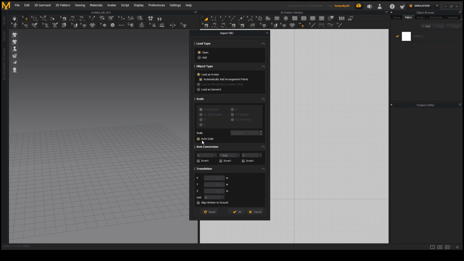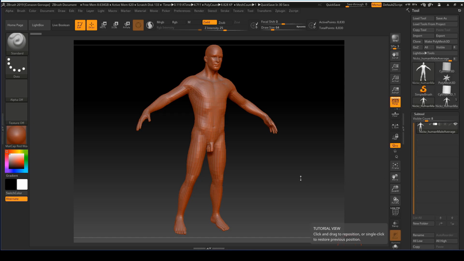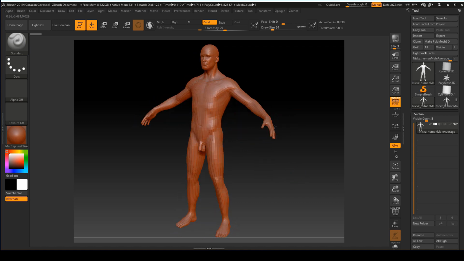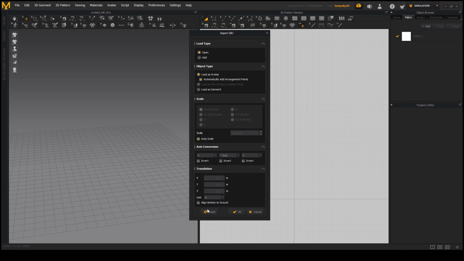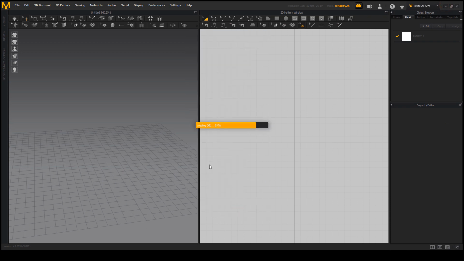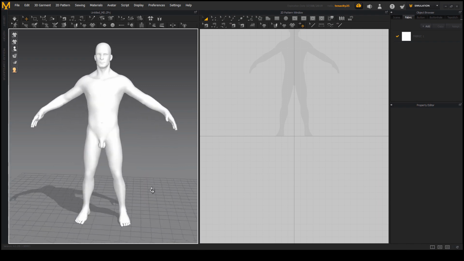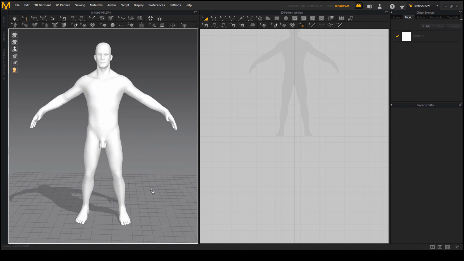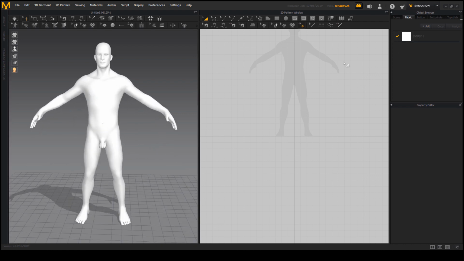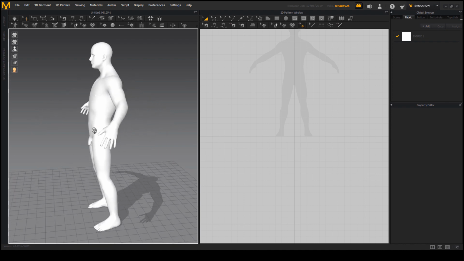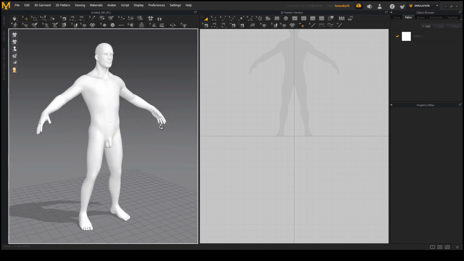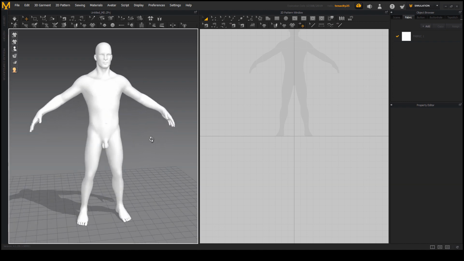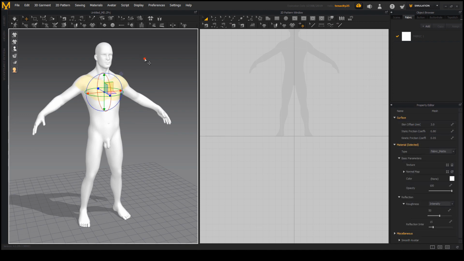We want it to match what we have here in ZBrush, because later on we're going to put all the clothing we have done in Marvelous back onto our character. Everything else is default. Let's press OK. Okay, and there's our Nick here. Now the character is very, very bright, and I want to make this avatar a little bit darker, with a skin tone color, because this bright human base is hurting my eyes. So I'm going to select this avatar, select the character,